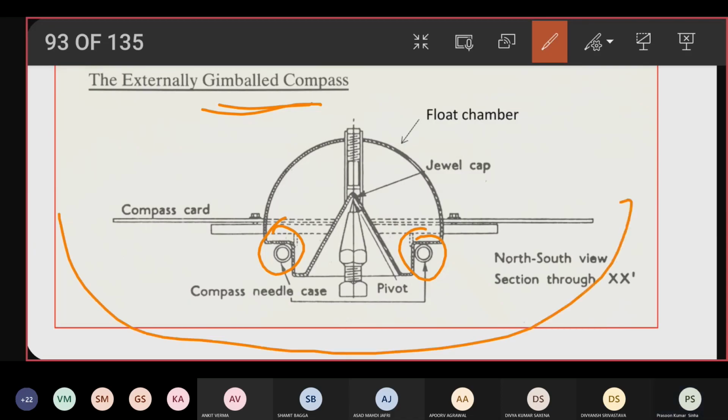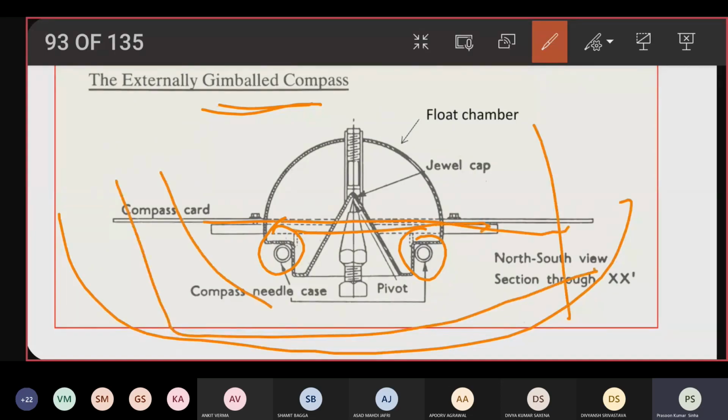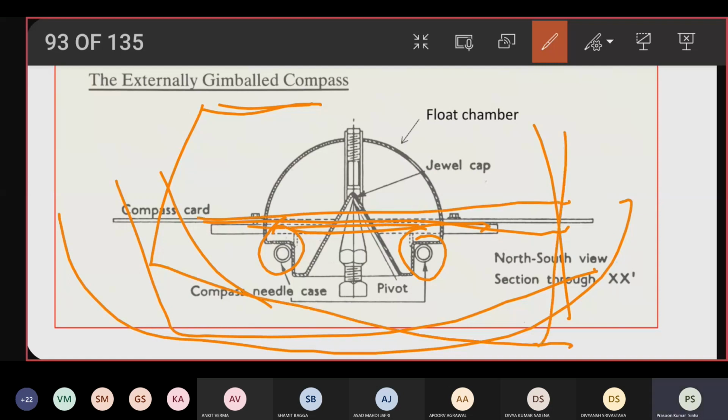It can remain horizontal. अगर जहाज, मान लीजिए जहाज इधर को होती है ऐसे, तो भी ये ऐसा रहेगा. जहाज इधर को होती है थोड़ी सी, तो भी ये horizontal रहेगा. Why? Because it is mounted on the gimbals. That you have seen already. मेरे ख्याल से जहाज में आप याद कर रहे होंगे कि आप कंपास को पकड़ के हिला सकते हैं,